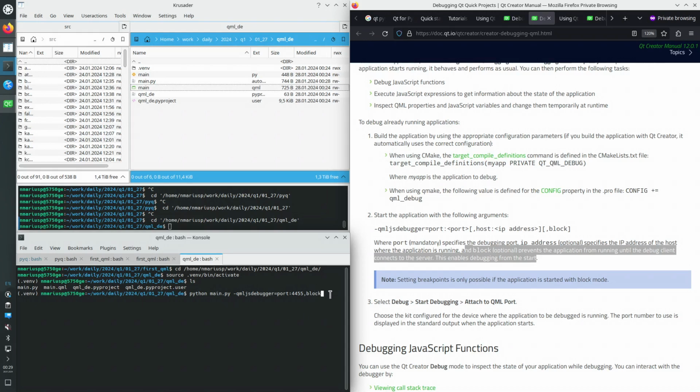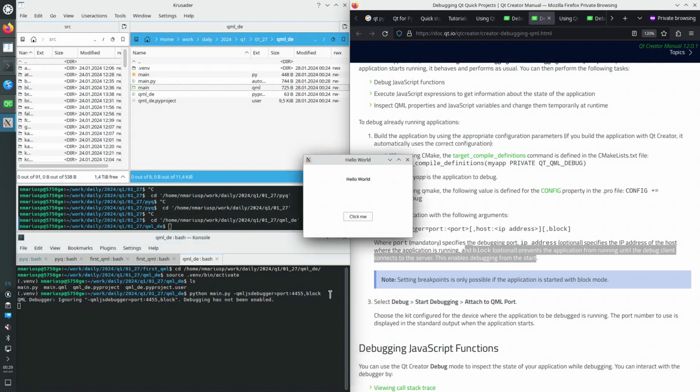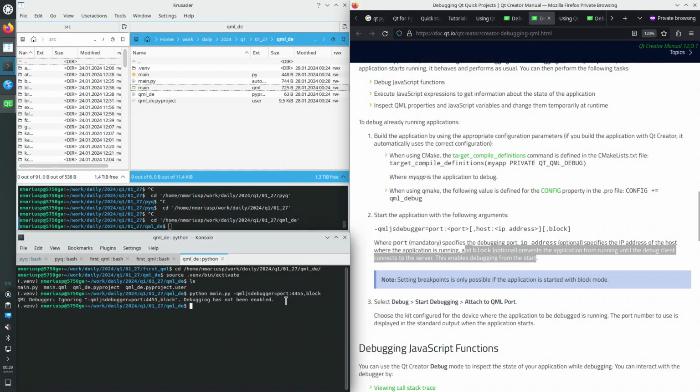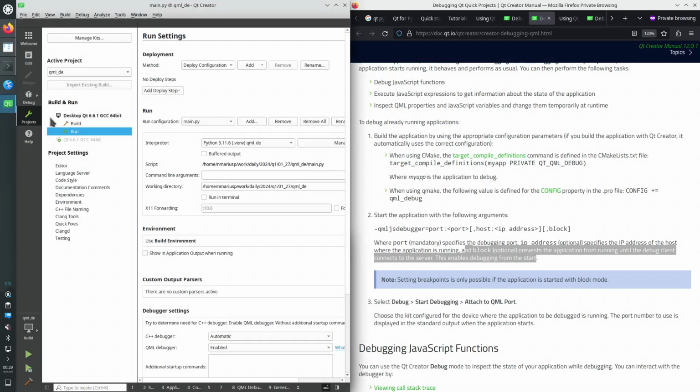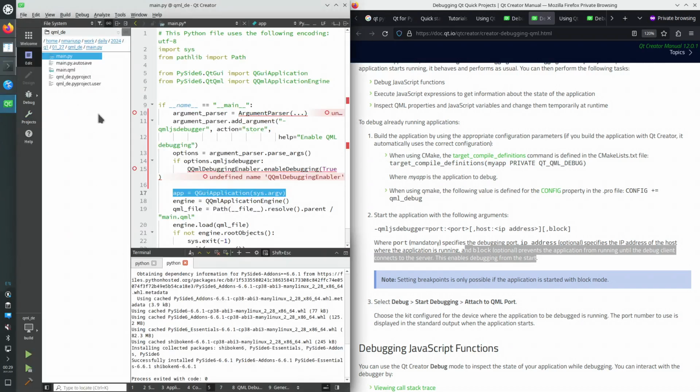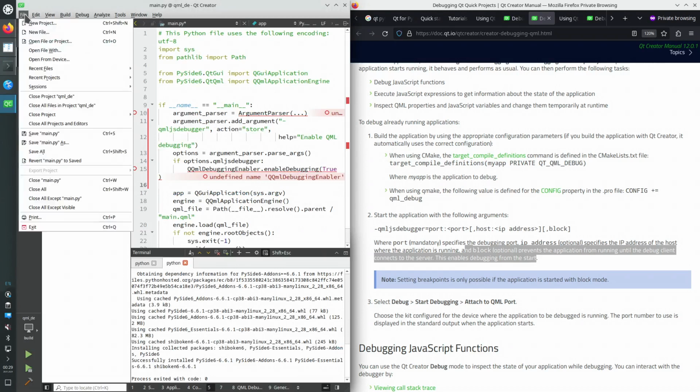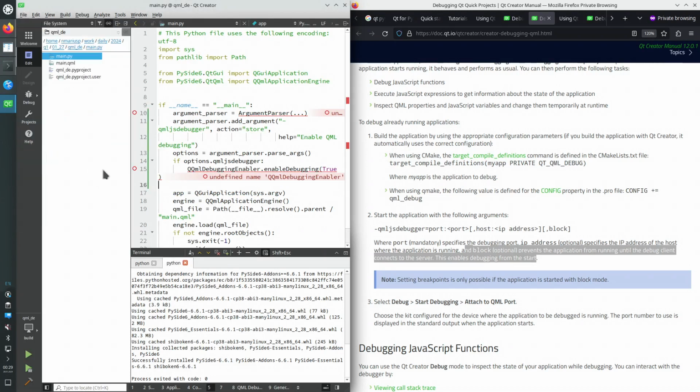Okay, let's see the application running. It did not run correctly. Why not? Because it's not saved. File, Save All. And even more,